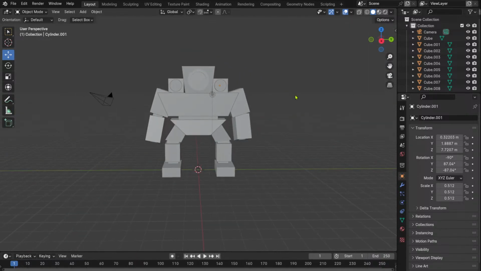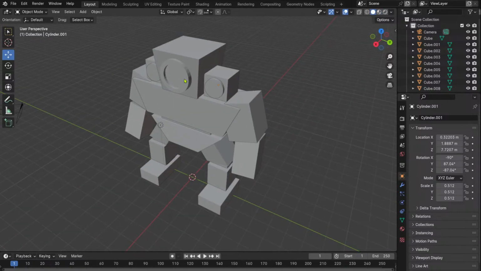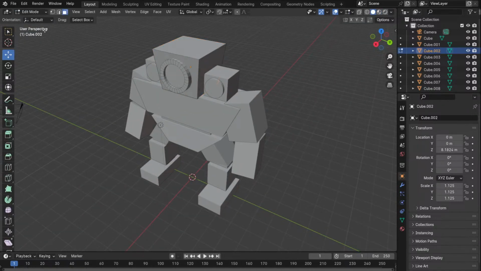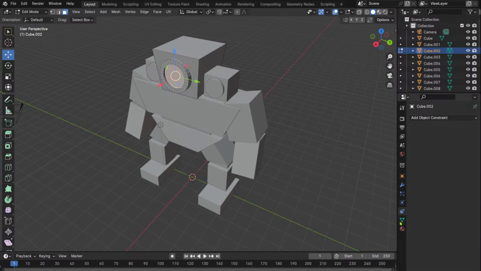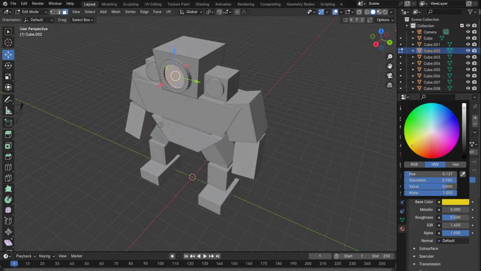I don't think I'm missing anything, actually. You know what? Out of all of the models I've made today, which, granted, none of them have been amazing, I'd like to think that this one's the best one. And I'd like to think this one's a good one to end on. So let's just